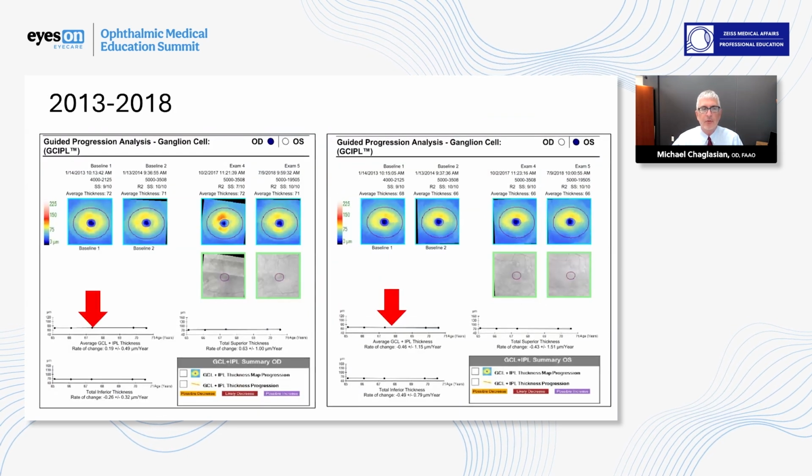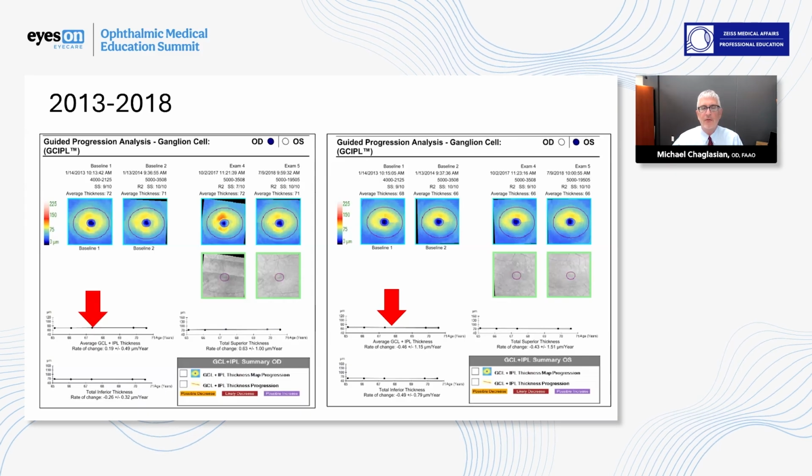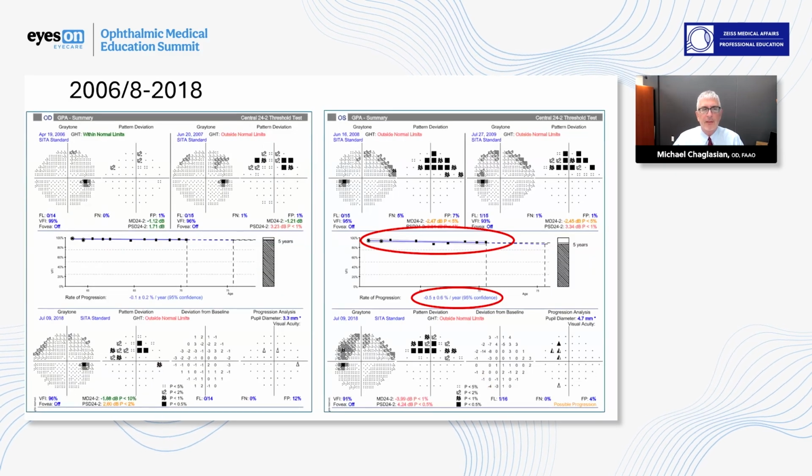Let's also take a look at progression reports for the ganglion cell analysis. And again, on this report here, through 2018 for the patient, not too much of any change. Here is the